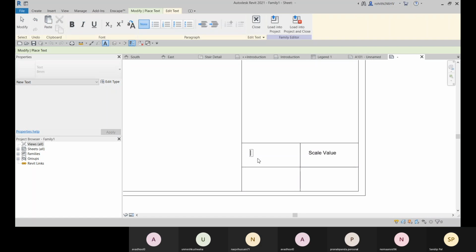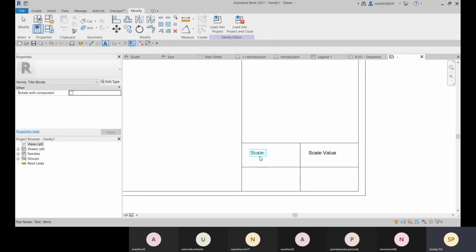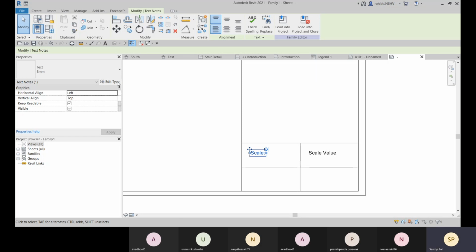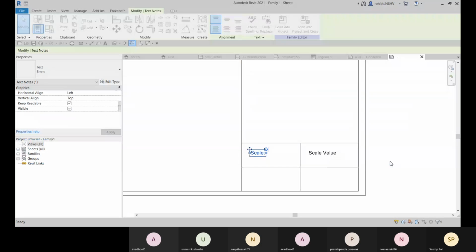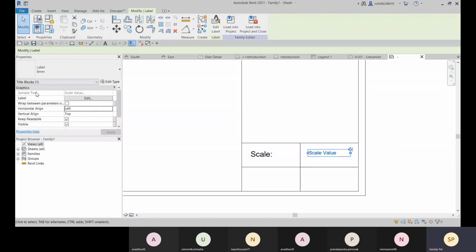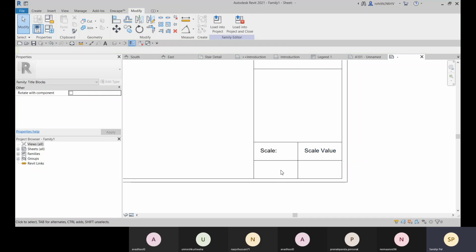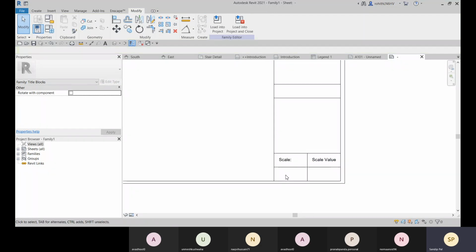So here I will provide the scale is, okay, and here I can change the height, click on OK, and for this also the label height I'll change it, and if any alignment is required, you can change that also. And here we can apply the page size and all.